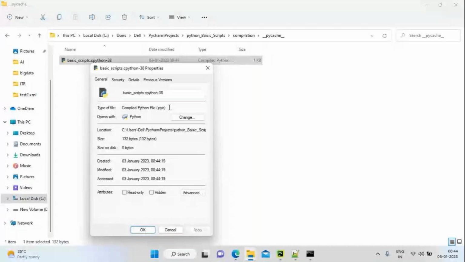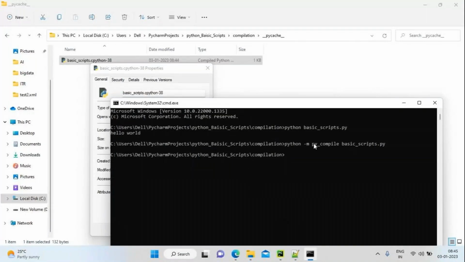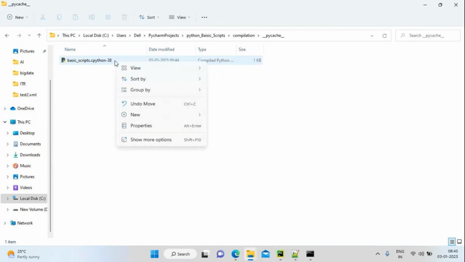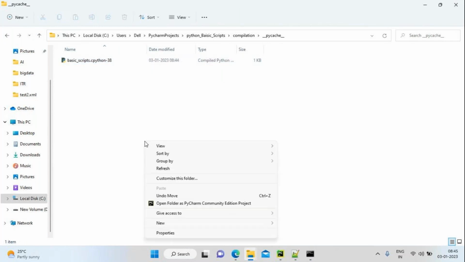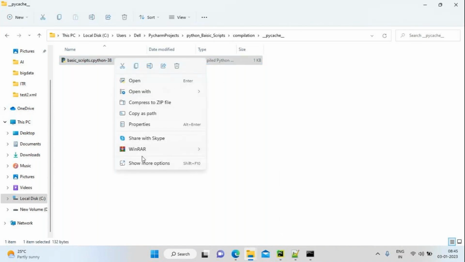If you want to do explicit compilation, you can do it like this. The command will be python -m, where -m stands for module. The module I gave is py_compile. I'm using this module and then I give my file name.py. In the backend, I can see one folder called __pycache__, and in that I can see the compilation activity. What file format is this? It's the PYC file format. It contains bytecodes.